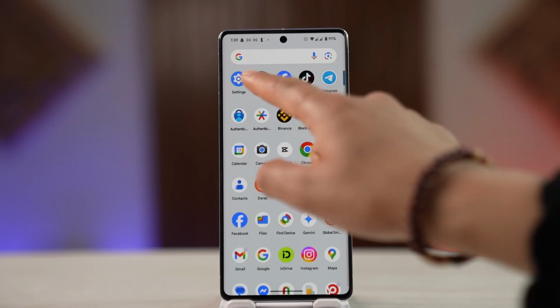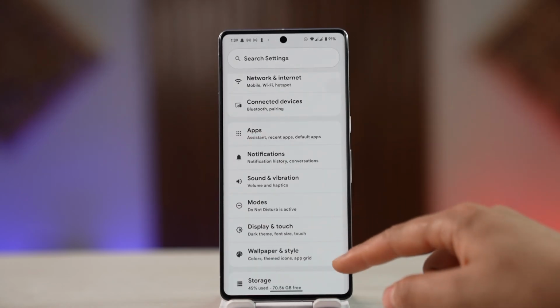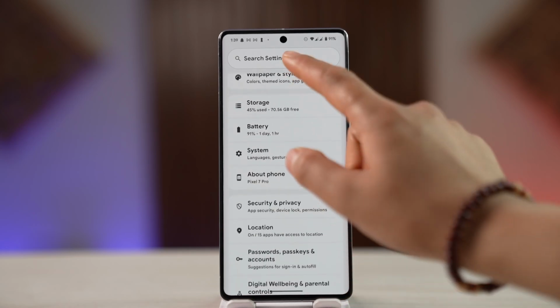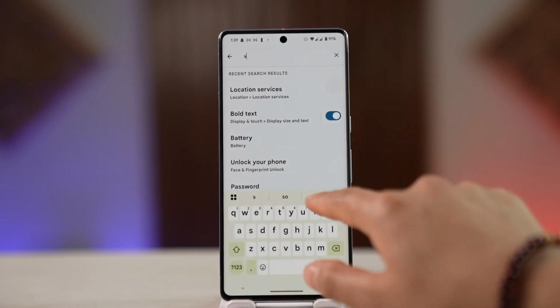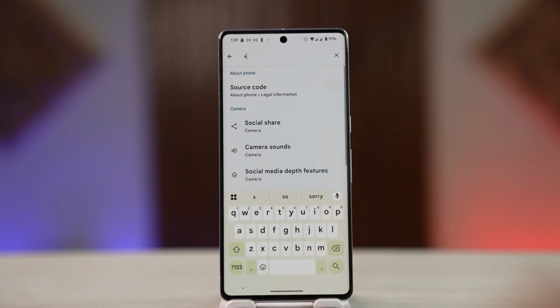For that, you could actually access it from the settings. So you want to go to settings, and here you simply want to go ahead and type in split screen, or you could go to system and locate it. So if you're able to find it, you could go ahead and use that built-in feature, or else if you're